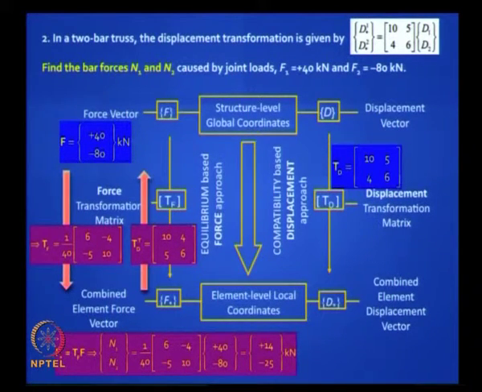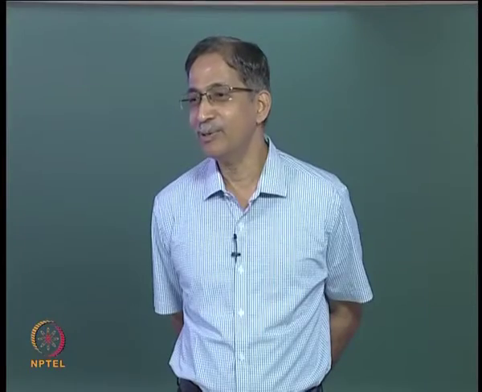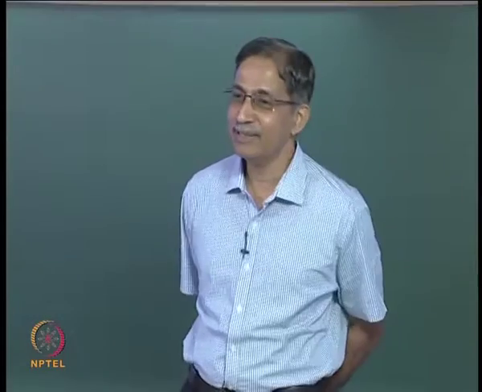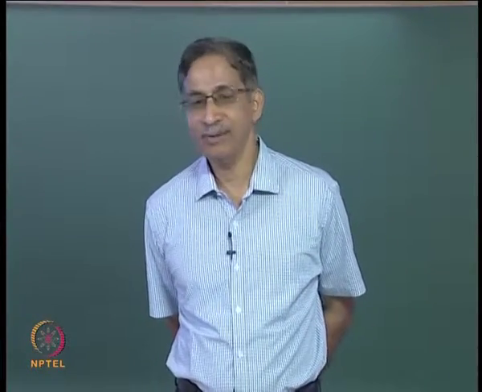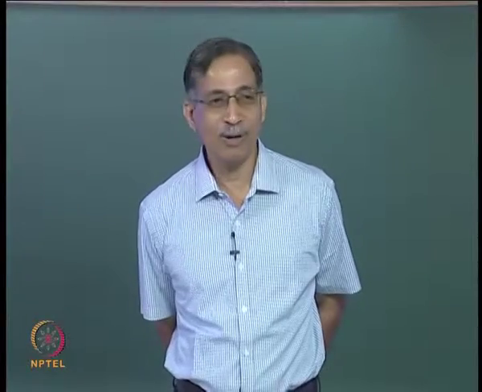Now I have got all kinds of permutations and combinations from you. Some of you just multiplied the same TD matrix and hoped that you get the forces, which is ridiculous. Some of you took a transpose because you knew there was some contragradient principle involved, and you multiplied and you got again some ridiculous results, but many of you did it right. You have to invert it and do it, and you do not need to figure out what truss is involved. It is a very simple problem. Okay. Third question.